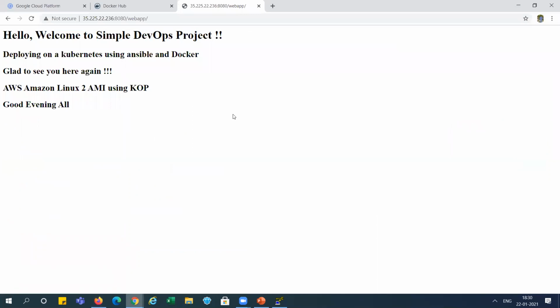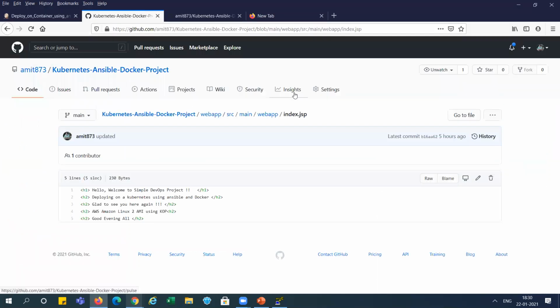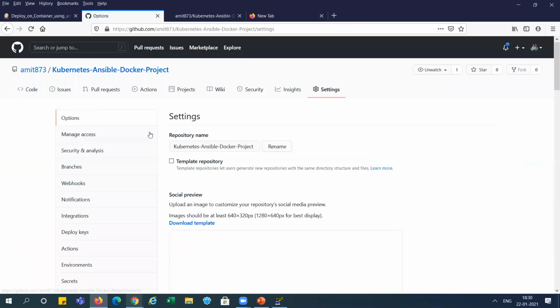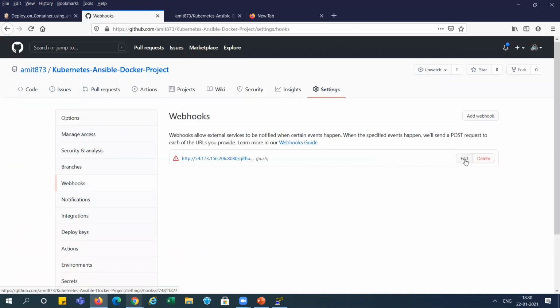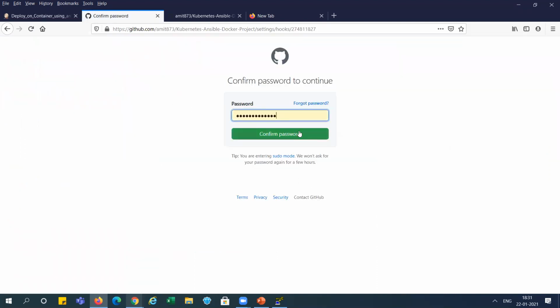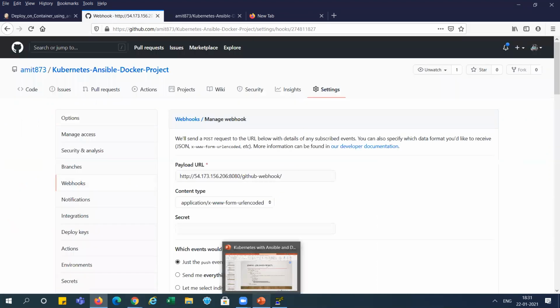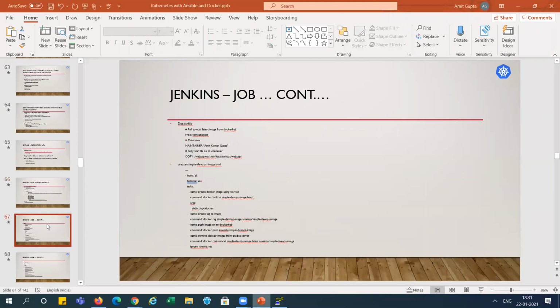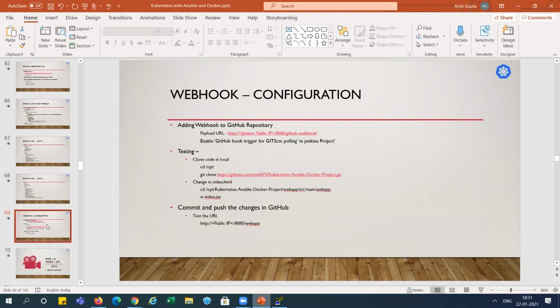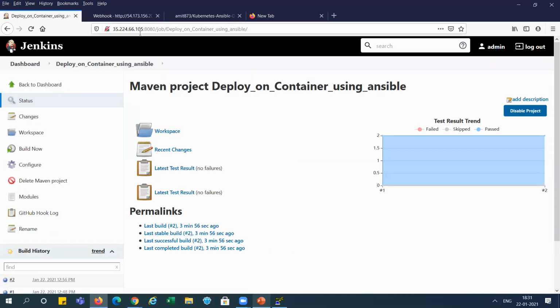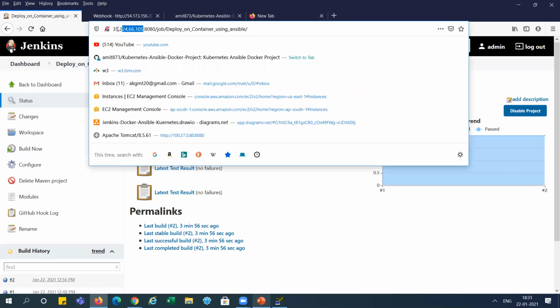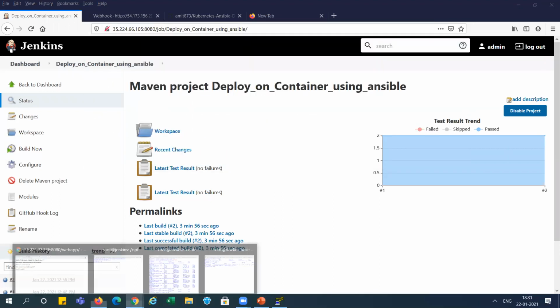Now we need to change something on the GitHub side also. I'm going to the settings and webhook configuration. We already have this one, so I'm editing it. You can see this is the description of the files which I already explained, and here is the Jenkins public IP. So we need to take the Jenkins IP from here, or we can take it directly from here.